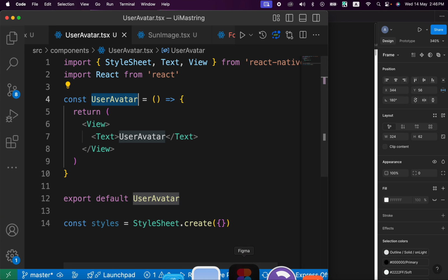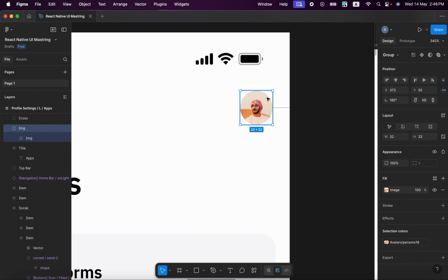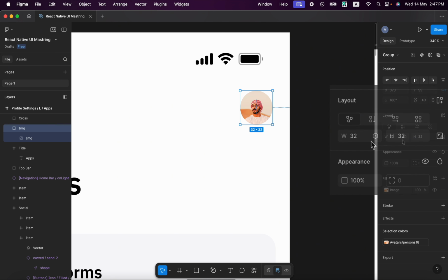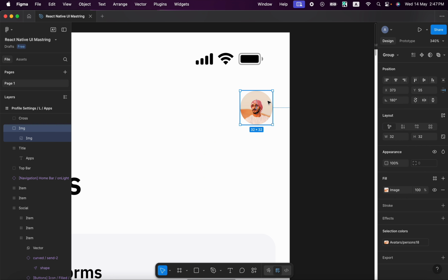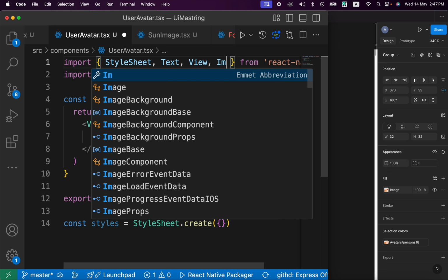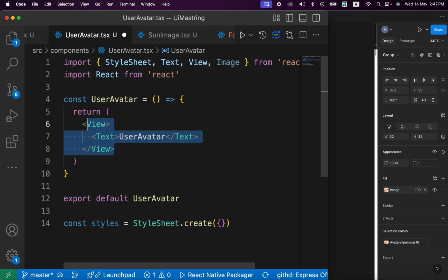Now what we got here? We got here just image with height 32 and width 32, and it's round, so we have to give it a border radius the half of them. So we're gonna just import our image from React Native, and we're gonna just render this image,